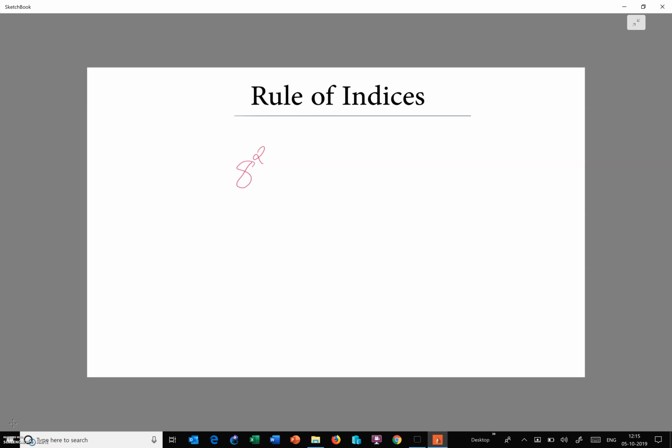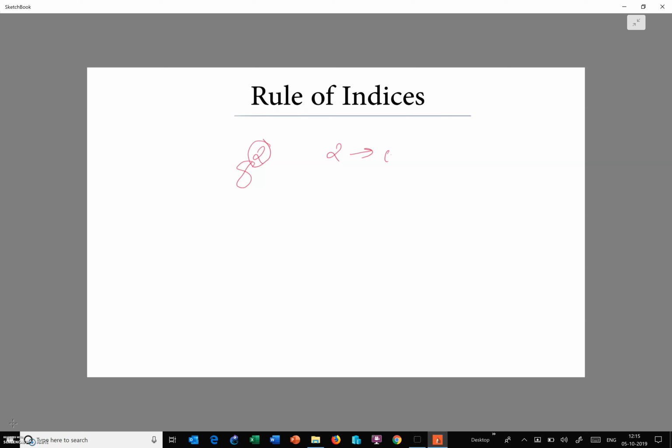Let's consider a mathematical expression of the form 8 squared. As you have noticed, I read this expression as 8 square, or 8 to the power 2, or I can say this is 8 raised to 2, which simply means 8 is multiplied by itself twice, where this 2